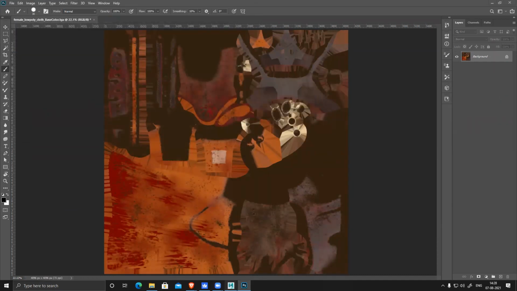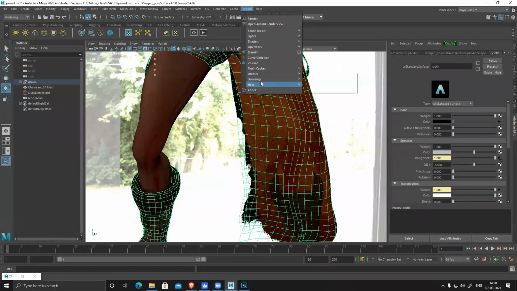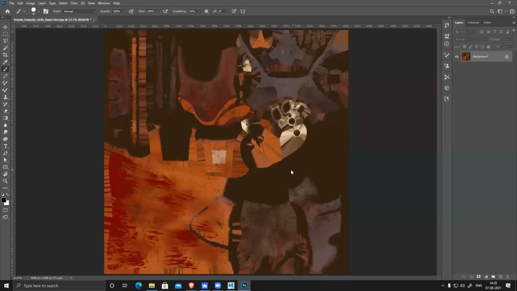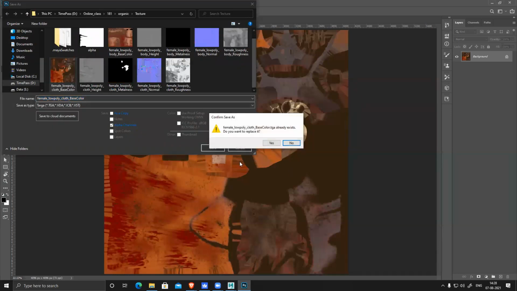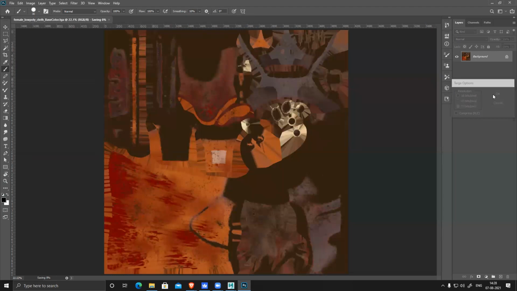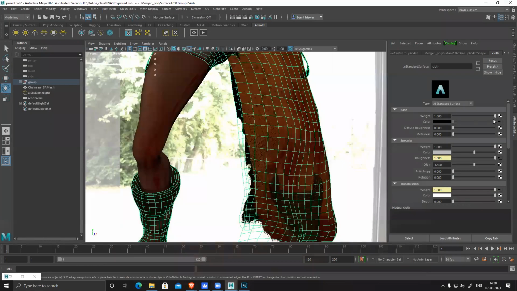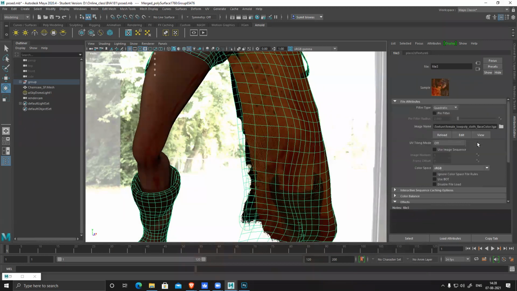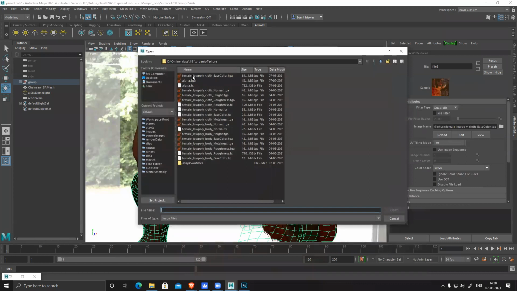Okay, I have to flush this texture. Save it. Correct path.